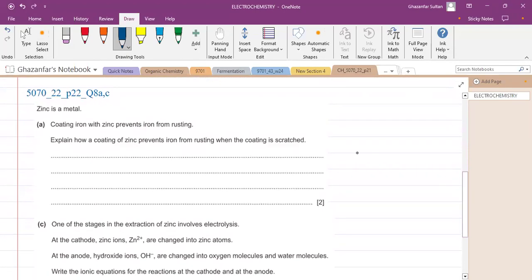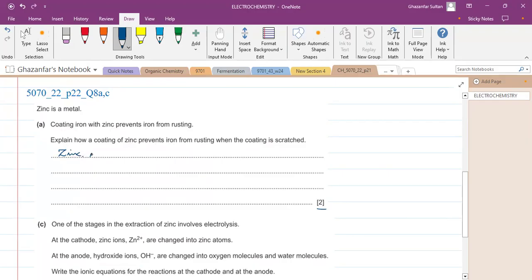But the first part is slightly different. Zinc is a metal. Coating iron with zinc prevents iron from rusting. Explain how a coating of zinc prevents iron from rusting when the coating is scratched. And it has two marks, and two important points to mention here are that